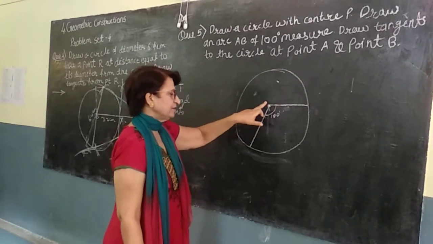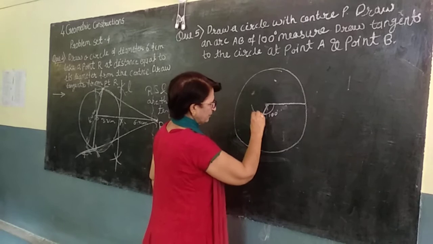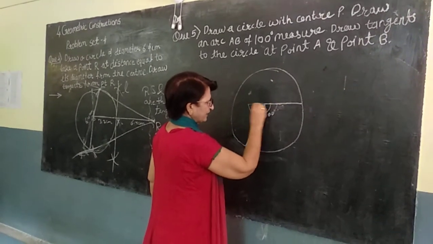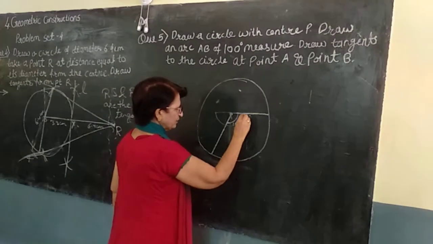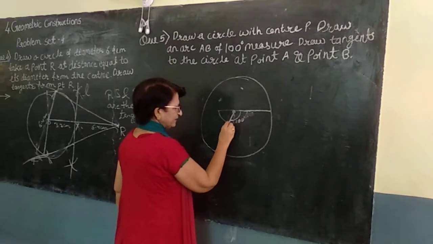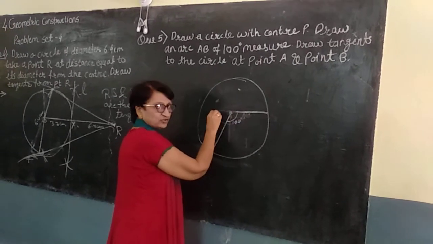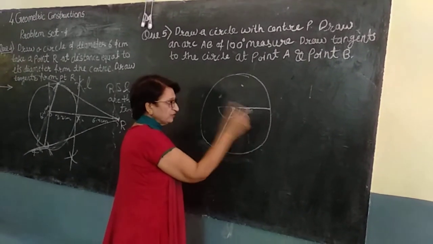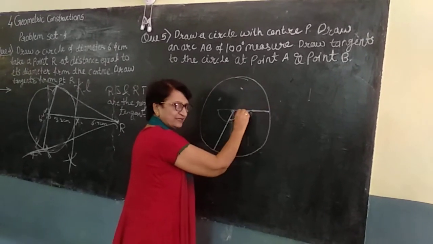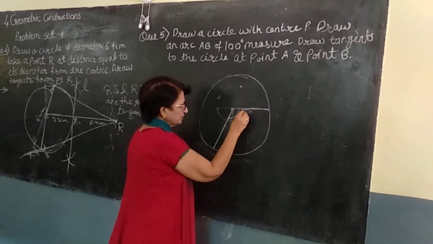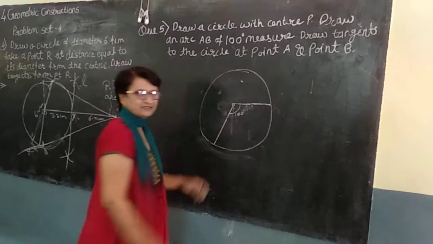Draw a line. Put the protractor point here. Your protractor will be somehow like this. Here is the center and from here you have to do the measuring. Here it will be 90 and here it will be 100. There are two zeros: one zero starts from here, one zero starts from here. But you have to concentrate on that zero which lies on this line. From that you start counting. So it will be 0, 10, 20, 90 will come here and then 100.